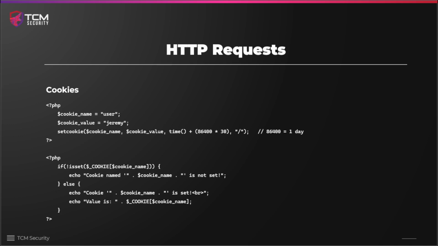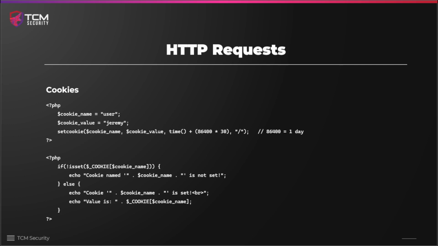So first up, we have the cookie name, and we're setting this to user, and then we have a cookie value, and we're setting this to Jeremy. And then within PHP, we have access to the method setcookie, and so we're passing setcookie the cookie name, the value, and the time. And as you can see, 86,400 is 1 day in the comments, and if we multiply this value by 30,